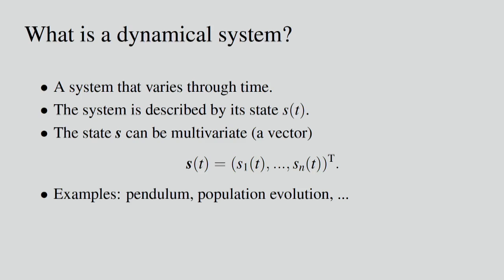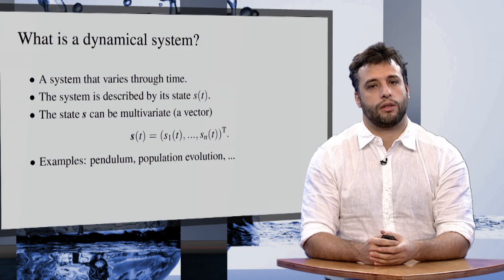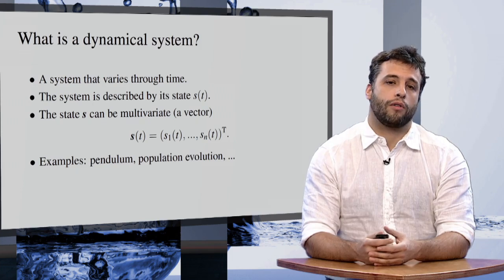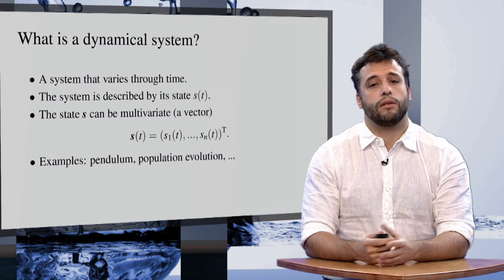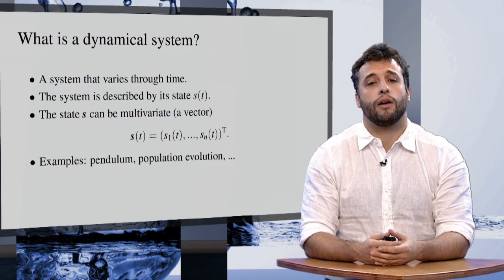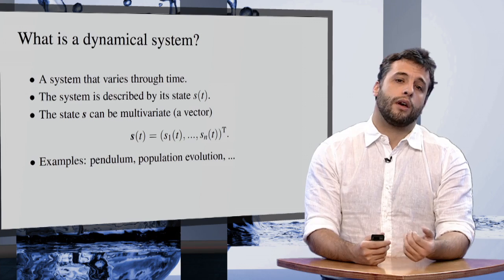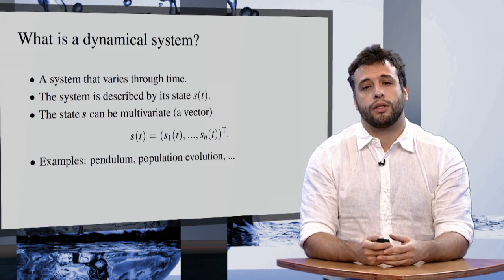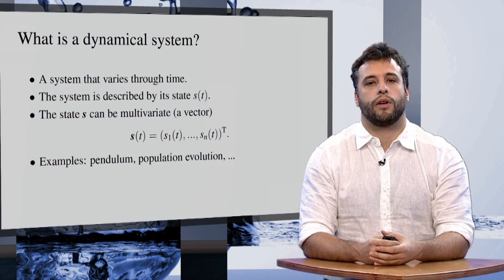But to keep things simple, we'll only consider scalar S functions. As examples of dynamical systems, you can think of almost any system that is evolving in time. For example, a pendulum, or weather evolution, or the evolution of a population of bacteria, or any kind of system that